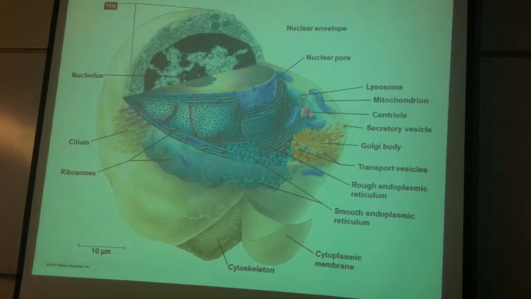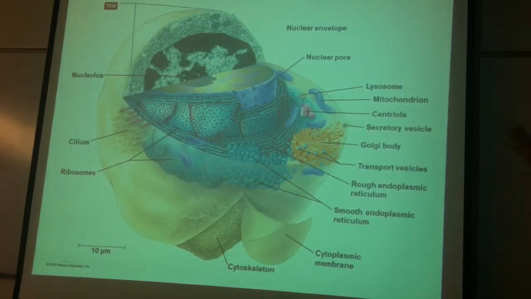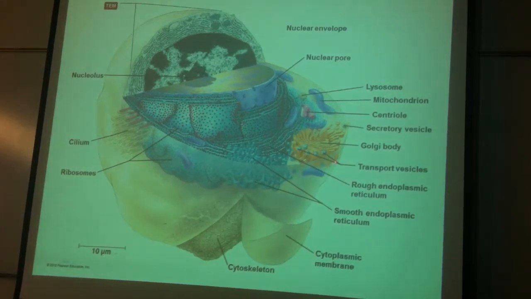We have these flat sheets all along the outside of the nucleus called endoplasmic reticulum. There are two types of endoplasmic reticulum. The type that has the ribosomes stuck to it is known as the rough ER, or rough endoplasmic reticulum. And then you can have this down here, no ribosomes, smooth endoplasmic reticulum. This rough endoplasmic reticulum is where a lot of our proteins are made. It's where proteins are put together and facilitated, and then they get shipped out to the